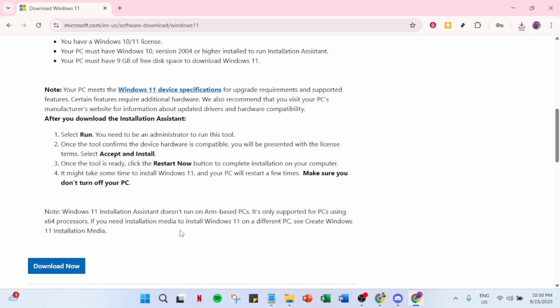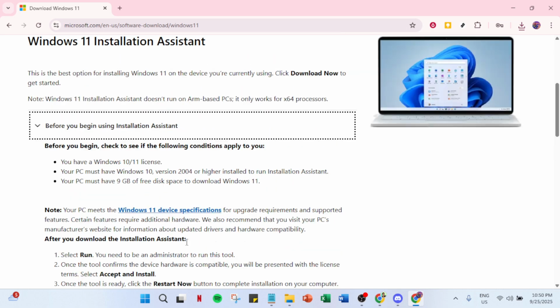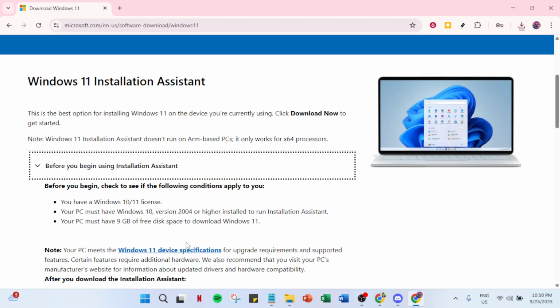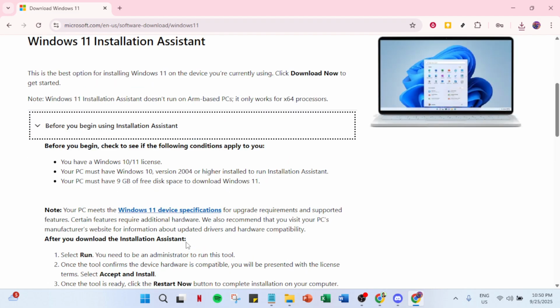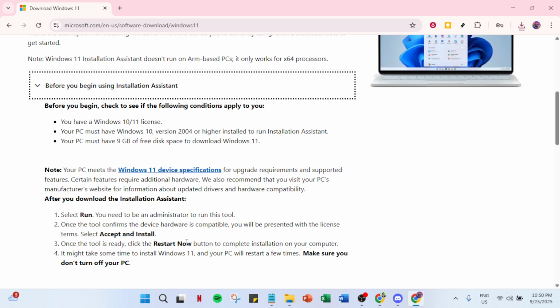The beauty of this process is that you can continue to use your PC for other tasks while the installation progresses. This means no downtime, and you can carry on with your usual activities as the installation proceeds quietly in the background. You'll know the installation is ready when you receive a notification prompting you to restart your computer.